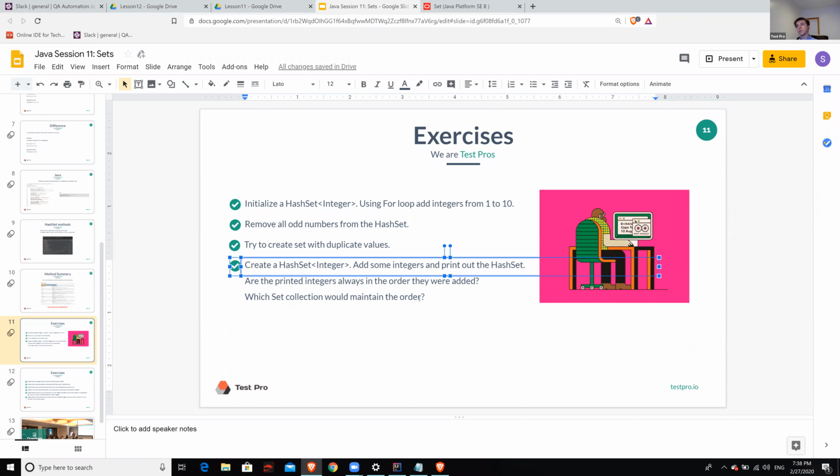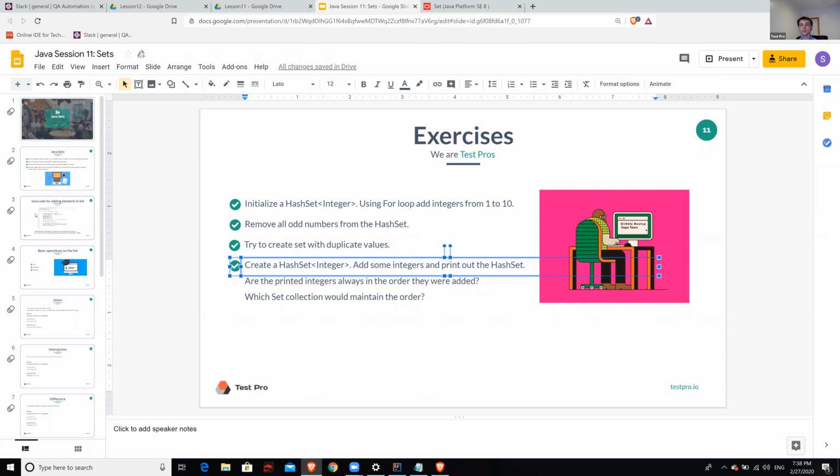Do you remember we talked about different sets? What about the order of the elements if you put them in a hash set? It doesn't matter, right? The order doesn't do anything. It's not preserved, you mean, right? It's not going to be kept in the same order as it was added, right? Yes, it's not ordered. Okay, what about the